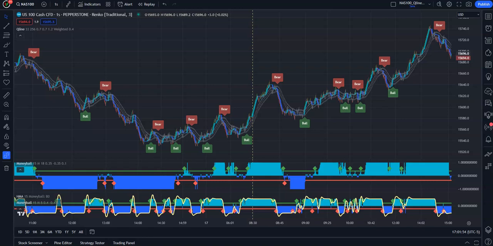Okay, let's go through what types of adjustments you can make to Q line if you're dialing in a particular instrument or time frame that you want to work for some automated setups in TradingView itself. If you use Pine Connector, you can talk the trade activity out to an MT4, MT5. Take the buy or bull and bear signals from the Q line indicator and have them ported out to any